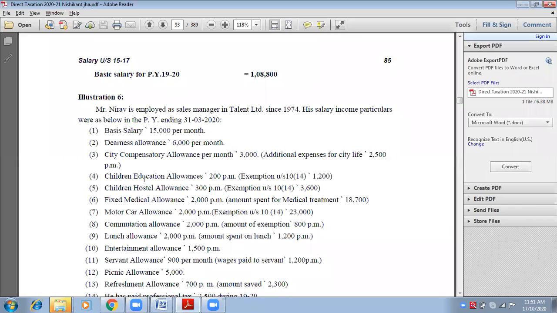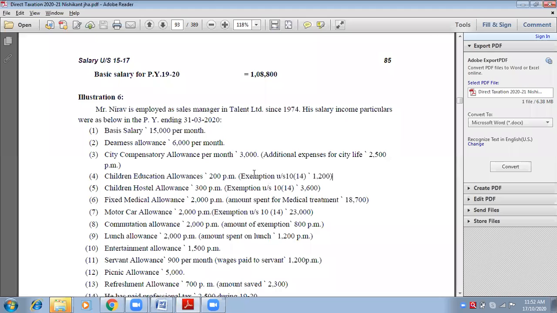See, they are telling you for how many kids you are getting this education allowance. For how many kids you are getting the education allowance? No. Then you have to assume only for one child. Only for one child you are getting education allowances because it is not disclosed here for how many kids you are receiving the educational allowances. Therefore you will have to assume you are getting educational allowances from your employer for only one child.